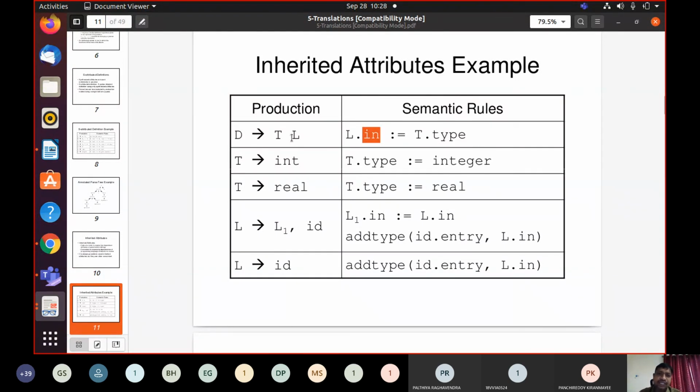What is T here? T is its left sibling. So that is the reason why L is said to be an inherited attribute. The value of L is computed in terms of its left sibling, that is T here. If it is computed in terms of its siblings and its parent, then those types of attributes are said to be inherited attributes.